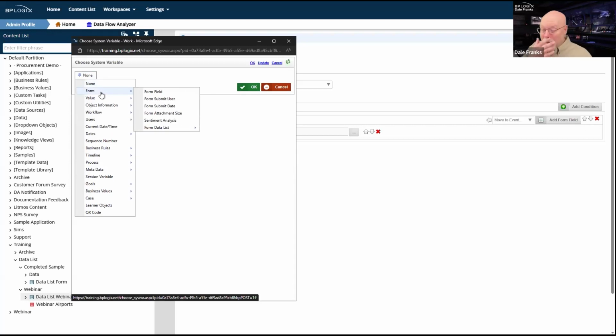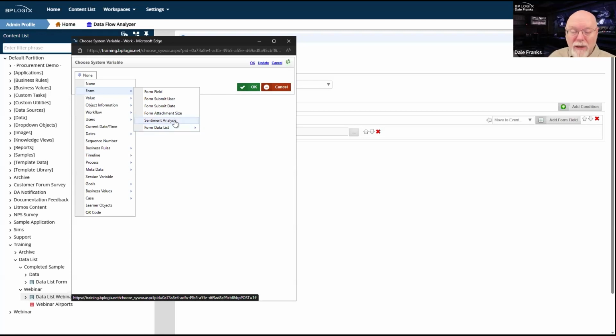So under form, if I have a data list control on a form, when I go to the choose system variable dialog box and I go to the form, it gives me a new item, form data list. This item will only show up if I have a data list control on the form. If I don't, it's not going to show me this at all.